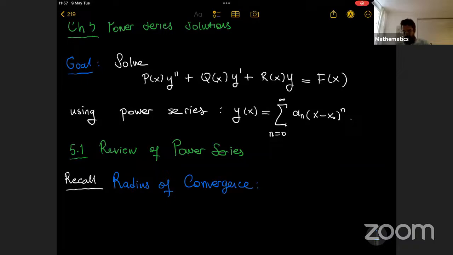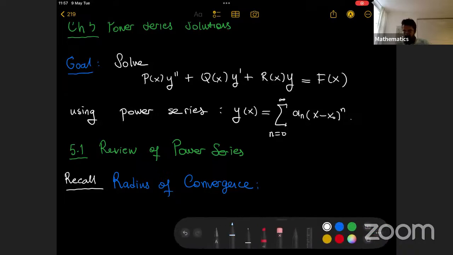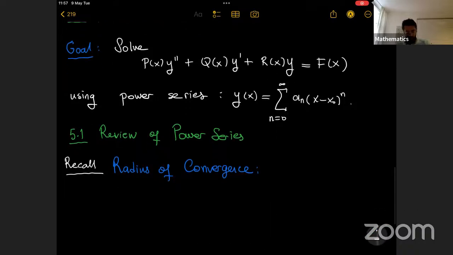What's the radius of convergence? Well, when we have a power series like this, for the power series sum of a_n (x minus x0) to the n, n from 0 to infinity,